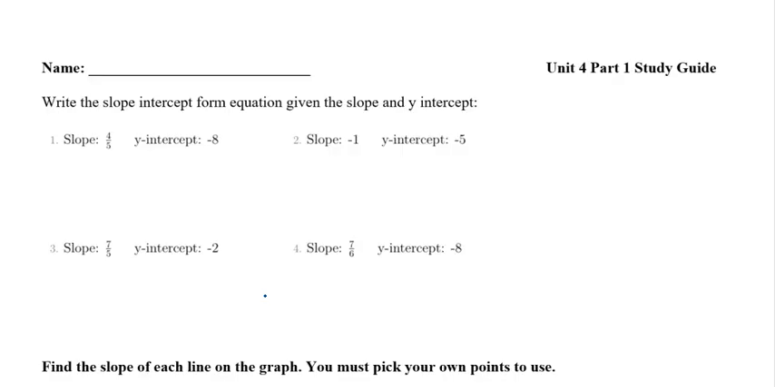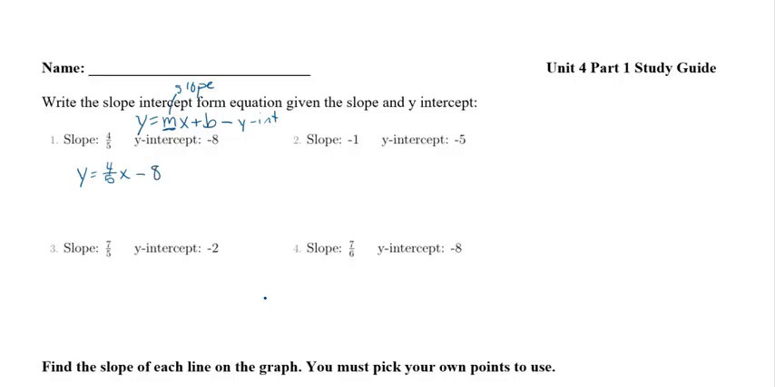So first, we're writing slope-intercept form. Remember that's going to be y equals mx plus b, where m is our slope and b is our y-intercept. They gave us the two pieces of information that we need, the slope and the y-intercept. So it's going to be y equals 4/5 x, and then my y-intercept is -8, so I'm going to write